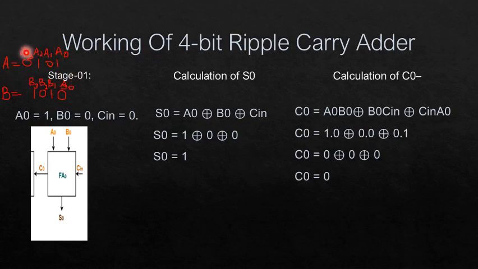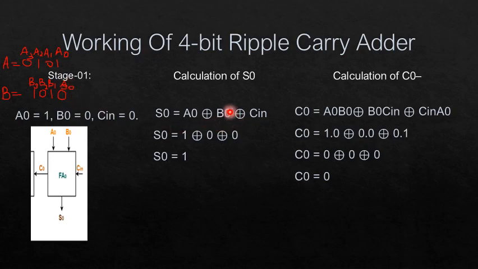The 4-bit ripple carry adder carries out the addition as I'm going to explain now, and it has different stages. We will go stage by stage. The first stage is when Cin is fed as input to the full adder A, it activates the full adder A. Then at full adder A, A0 is equal to 1, as we have chosen the number 0 1 0 1. B0 is equal to 0 and Cin is equal to 0 because there is no carry in. So full adder A computes the sum bit and carry bit now.